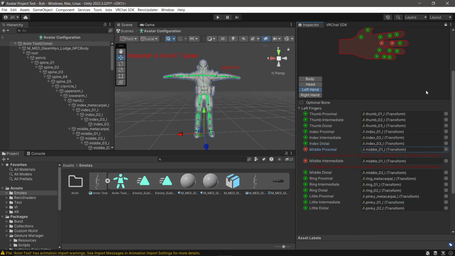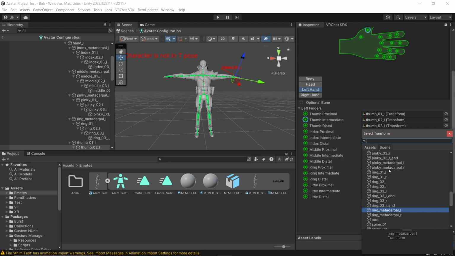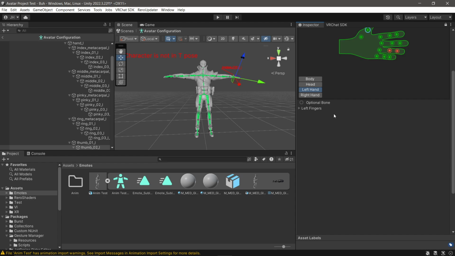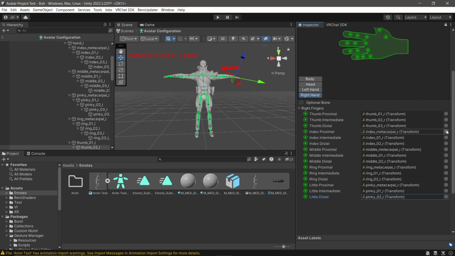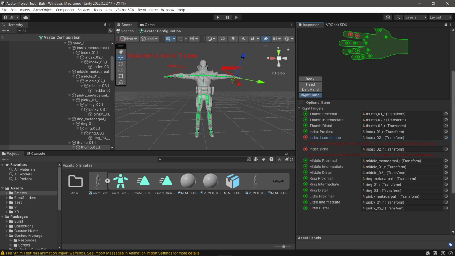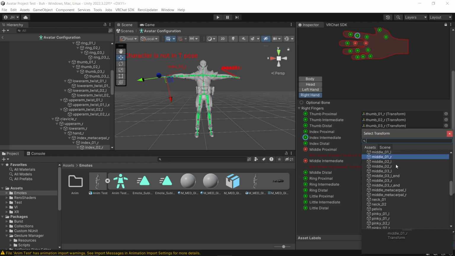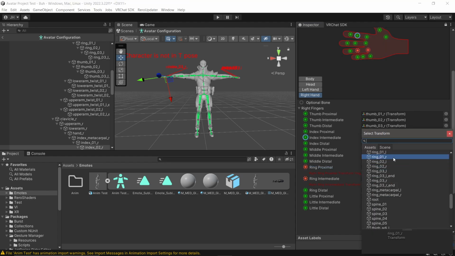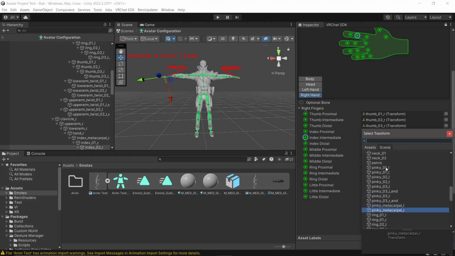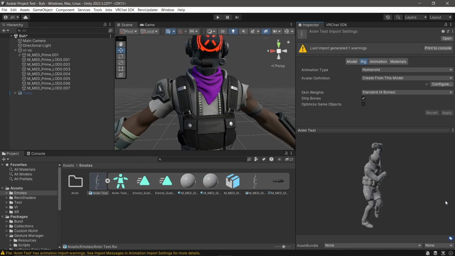This will take me a minute. Then fix the right hand. So now that I've done that,